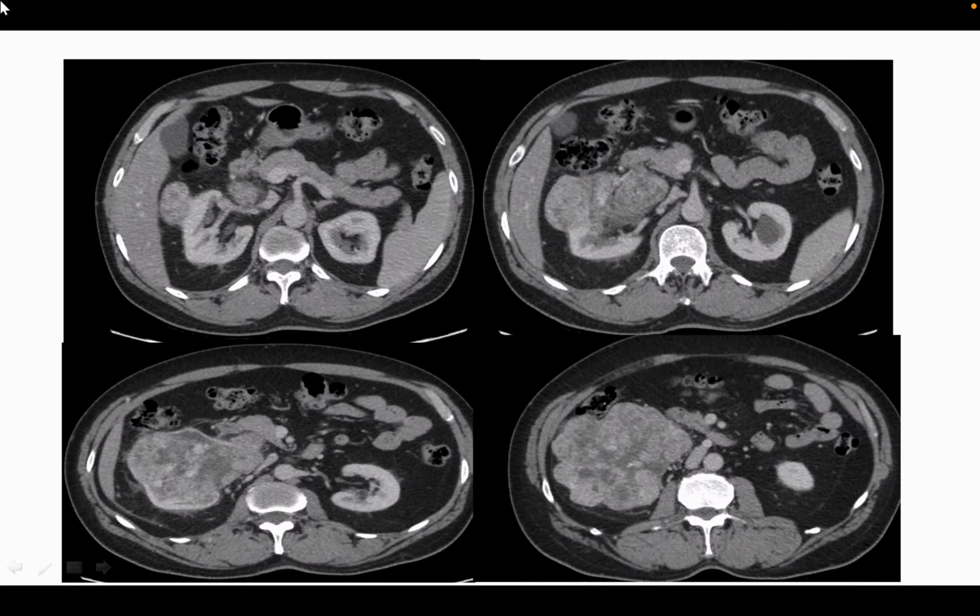When you have a large mass like this, it will distort and angulate vessels. Look at this. Bring the cursor to the second film, extreme right. Yes. You see a white structure going towards it, and then coming around underneath that. Everything is being pushed down by this mass. So the renal artery, the renal vein, everything could be pushed down by this mass. So it will be all angulated. It won't come nicely horizontal like you normally do.